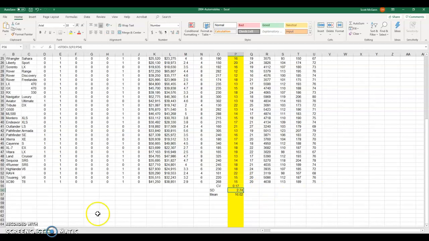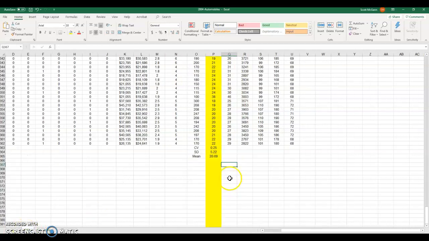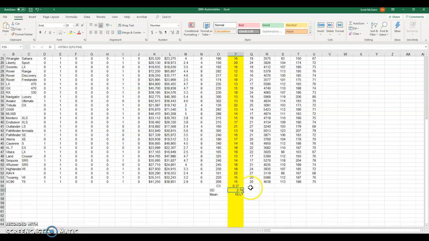How in the world can the variation of SUVs be higher than the variation in non-SUVs? I mean, SUVs are a distinct group, right? They're similar in a lot of ways. Non-SUVs, I mean, you've got sports cars, you've got pickup trucks, you've got sedans. There should be much more variation in